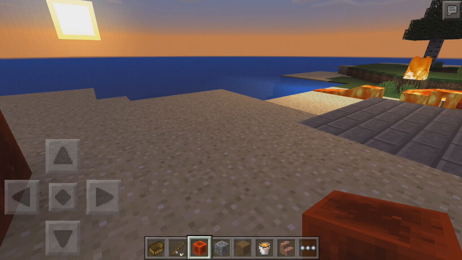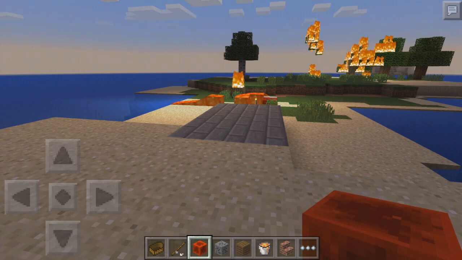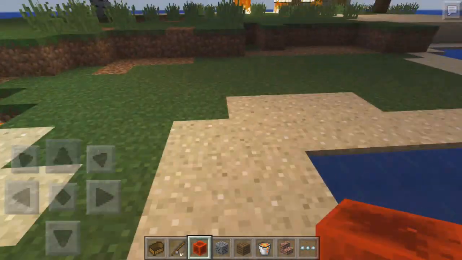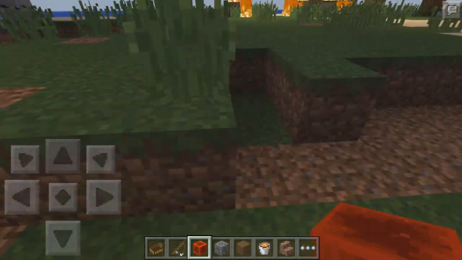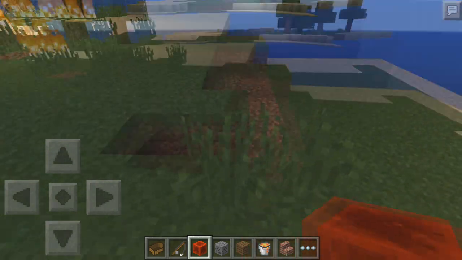New food that they added is fish, salmon, clownfish, pufferfish, and rotten flesh. Pretty cool stuff. They added potion effects as well, and they didn't add actual potions, but they did, like, you know,